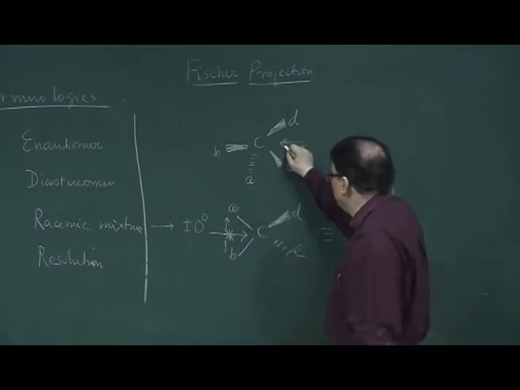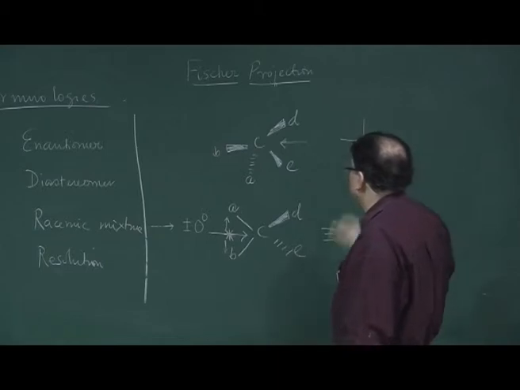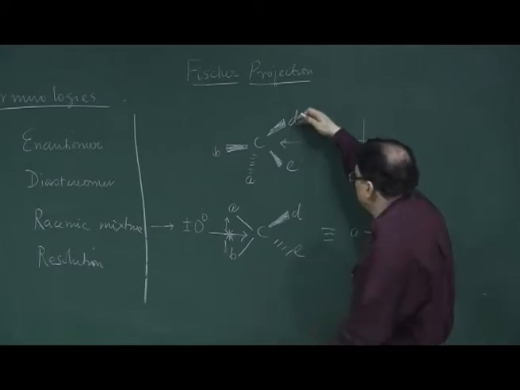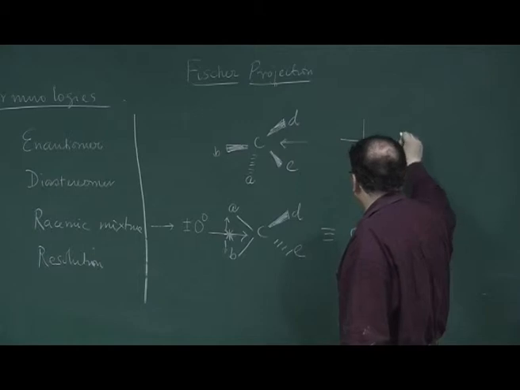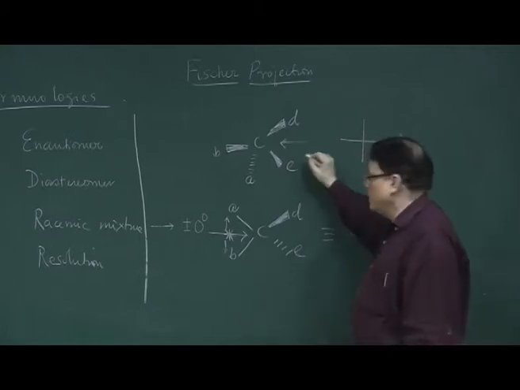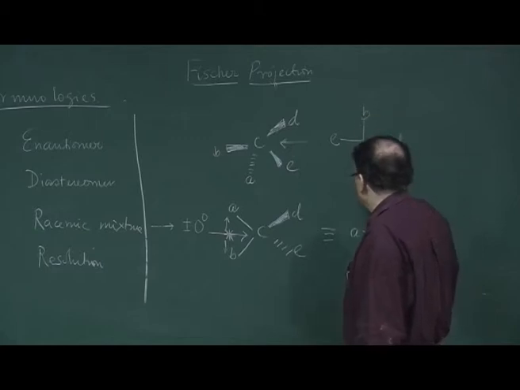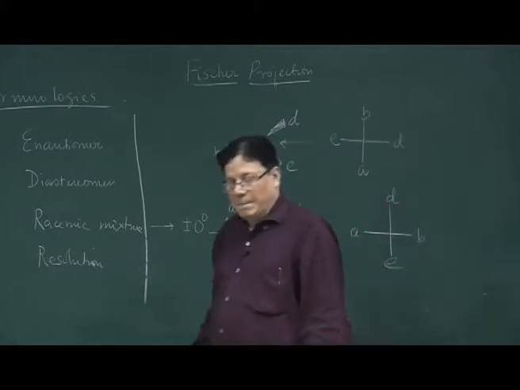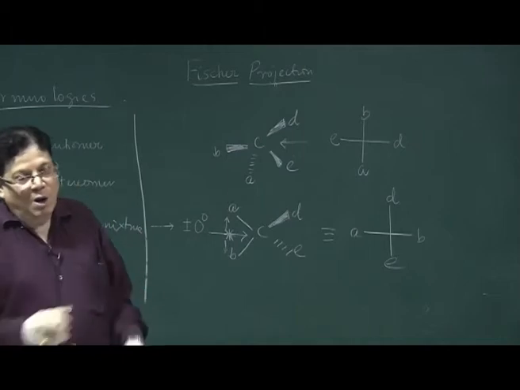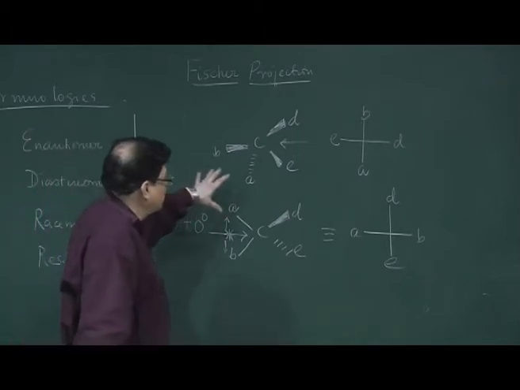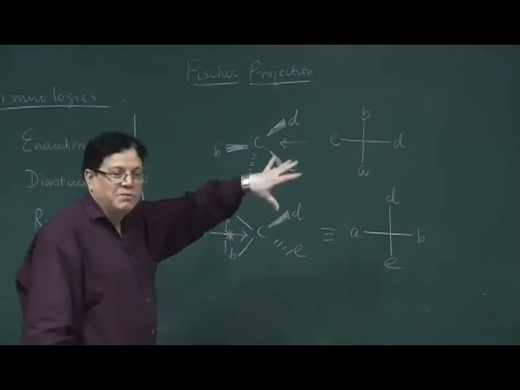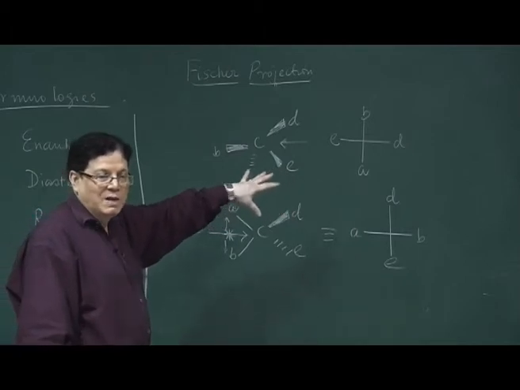So, you see from there and then you draw the Fischer projection very easily. So, this will be the right hand, so that will be D, this will be going to the left hand, that will be E, and that will be B, and that will be A. So, this is the simplest way of drawing the Fischer projection, even if it is given in different perspective ways,